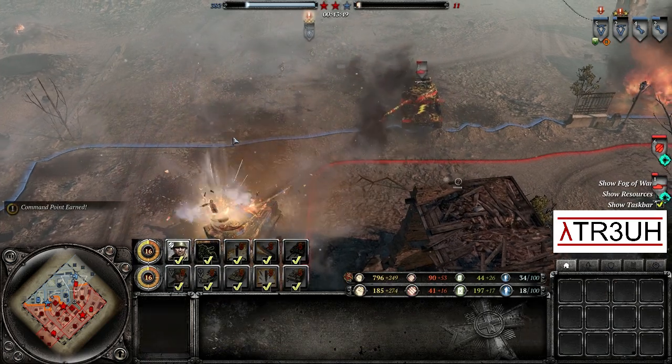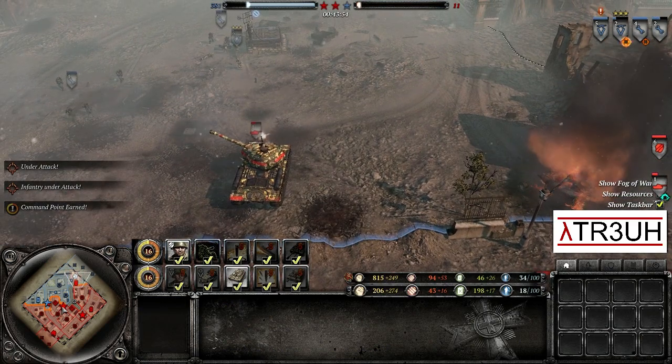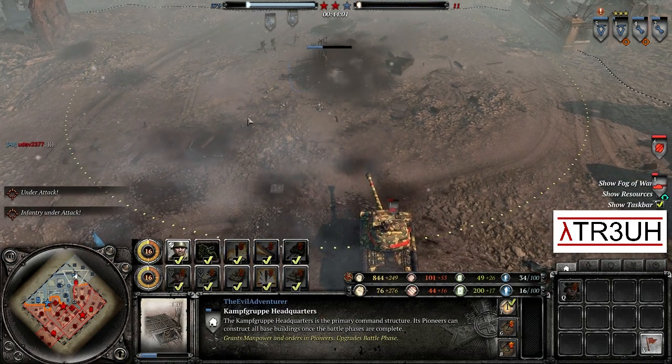Oh my god, is the Evil Adventurer going to lose this game with 11 points left for his enemy? Udav has managed a double cap, so he has stopped the bleed at 11 points, and the base sector is down to about 30% strength. Udav throwing some